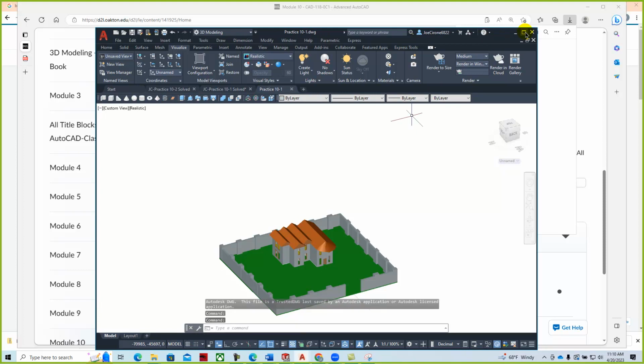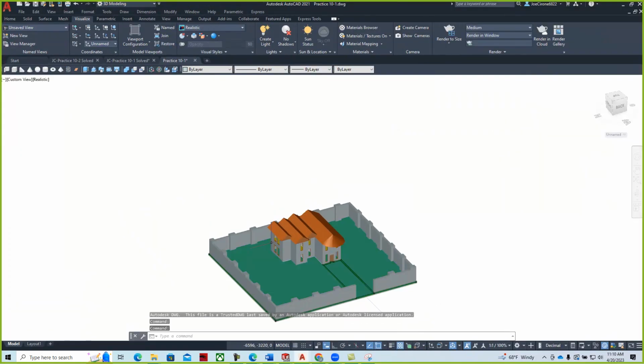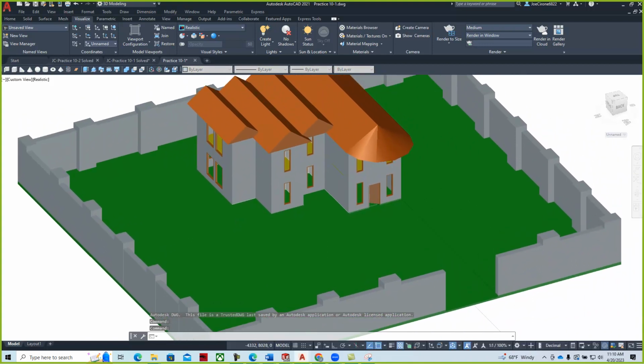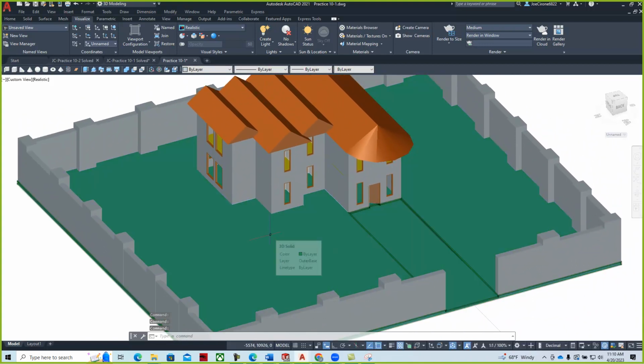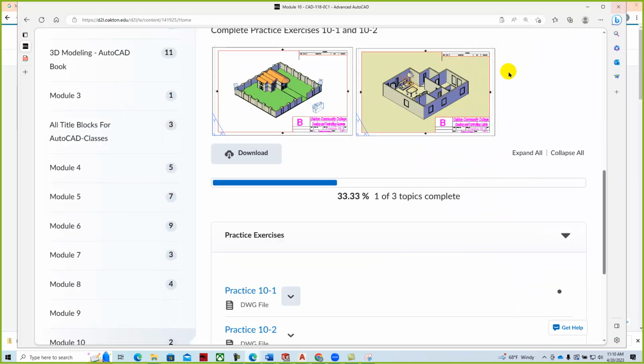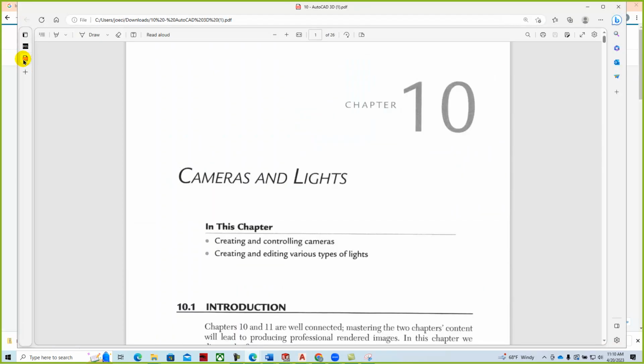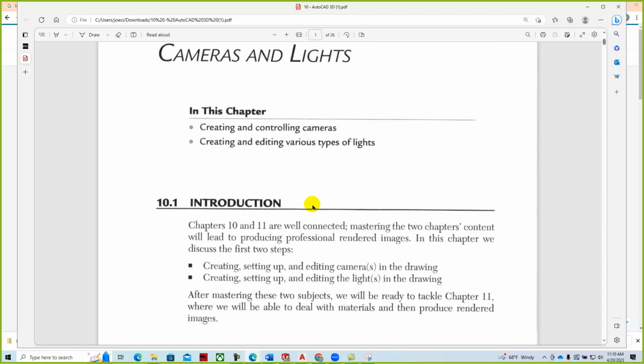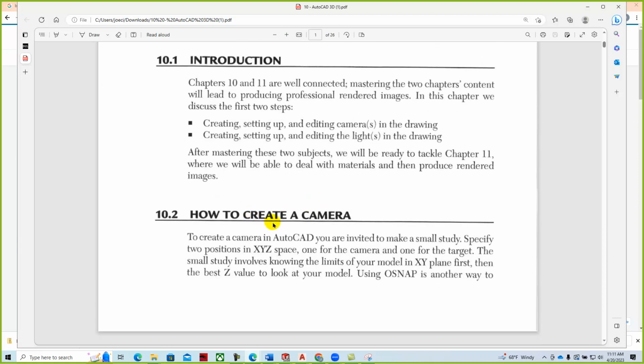And so what we have is this residential building. It's really not a real model. It's just an application that we can work with. Then if we take a look at our chapter on cameras and lights, let's make that a little bit bigger. What we're going to do is create a camera